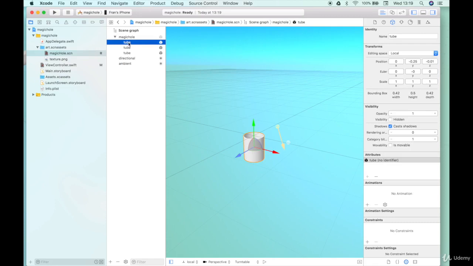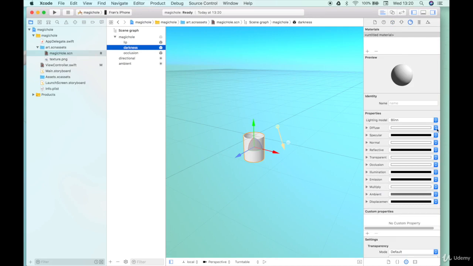Right, so let's rename those. So first, I'm going to have some sort of lip that will show us some kind of thickness of the ground. Then I'm going to have the darkness, and we can't really see the shape of that, so that's why it's just darkness. And then the tube here is going to be the occlusion. Okay, so the occlusion, actually, let's just first take care of this darkness. So darkness should be dark. I'm just going to put this as black. Then the lip